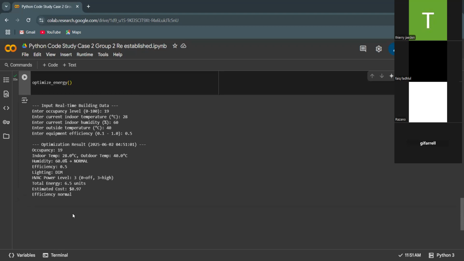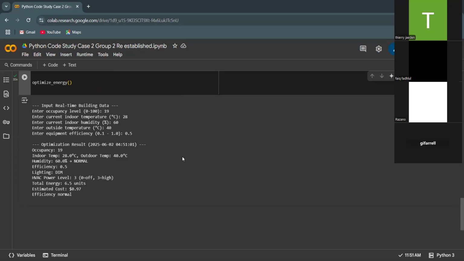To summarize, our report focuses on getting an optimization result by inputting real-time data, and the real-time data are occupancy levels, indoor temperature, outdoor temperature, humidity percentage, and equipment efficiency.